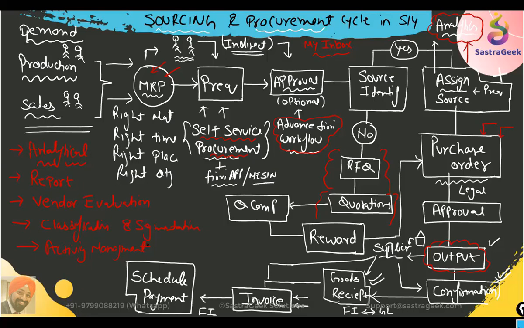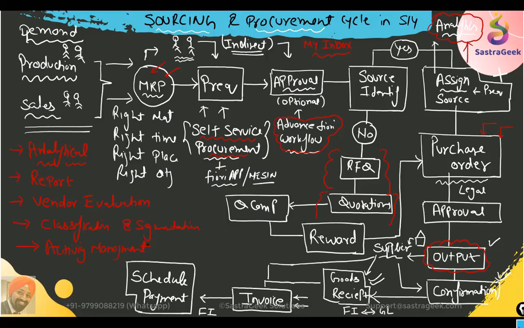Apart from that, when we go through our training, we would be covering this full process. We would be doing the configuration of each part: purchase requisition, approvals, purchase orders, linking with FI for the GL things, all of which require configuration in our SAP S/4HANA system. So we'll be going through the detailed configuration. We'll do all of this configuration, and then we will set up master data, and then we'll do an end-to-end scenario run.